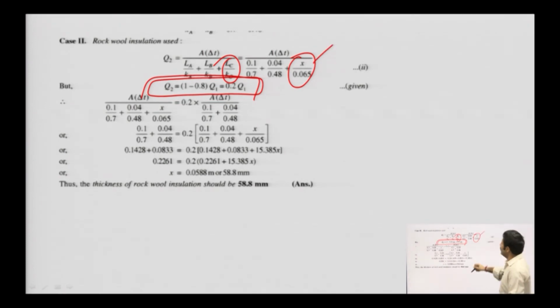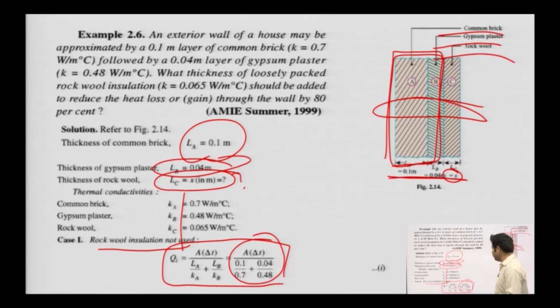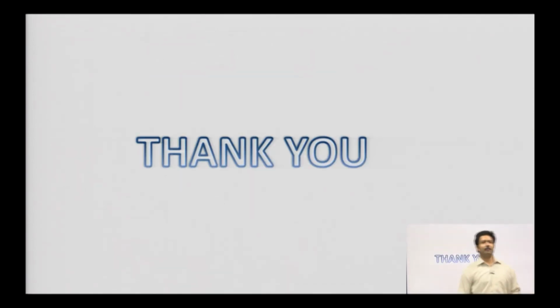Just put it in this equation. You have Q2, you have Q1 in the beginning. So just put it here, Q1 you know, Q2 you know, so just put it and get the rock wool insulation when you need to reduce for 50%. Okay. So what we need to talk about is,